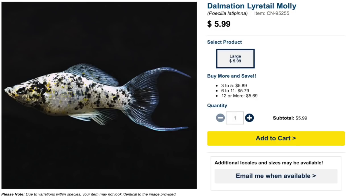Now, the first time that I actually heard about this, I thought it was a joke, but after doing a little bit more research, I figured out over at garf.org that it is actually possible to take a molly and turn it into a saltwater molly, and then they act exactly the same way in a saltwater tank as they do in a freshwater tank, doing a tremendous job of removing algae, making sure there's no uneaten food, and they continue to breed at the same rate as they do in a freshwater tank, which makes them a really interesting worker fish, especially for folks out there trying to grow corals and reduce the amount of algae in a tank, because they do an amazing job of constantly consuming